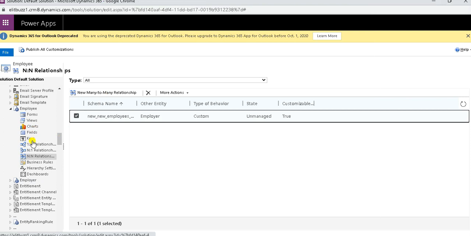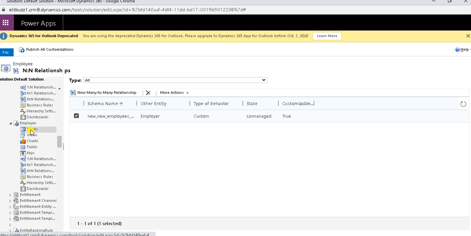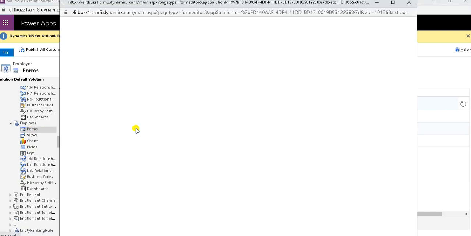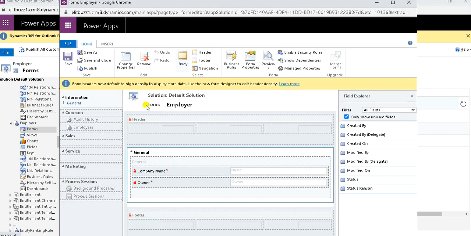Now that I have created the n:1 relationship in employee, I'll check in the forms of employer. So this is the form for employer. You can see in the navigation part, employee is already there.